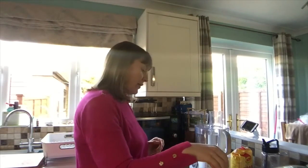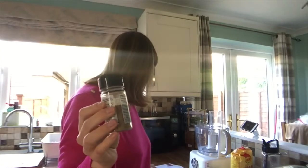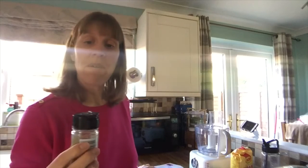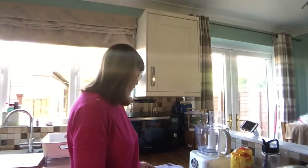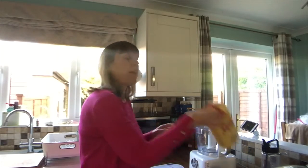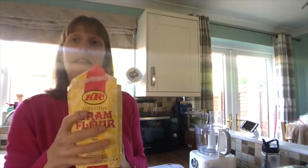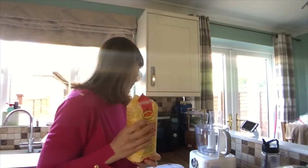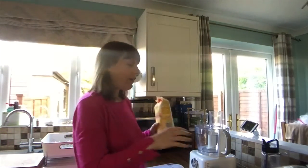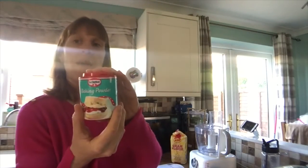4 teaspoons of ground coriander, oh, and I haven't got this one out. 4 teaspoons of ground cumin, so cumin and coriander. 4 level tablespoons of chickpea gram flour. As you know, I did buy some for another recipe very similar to this to make falafels, so I already have some, or you can use plain flour. And that will be part of the sins, and so will this, which is 2 level teaspoons of baking powder,